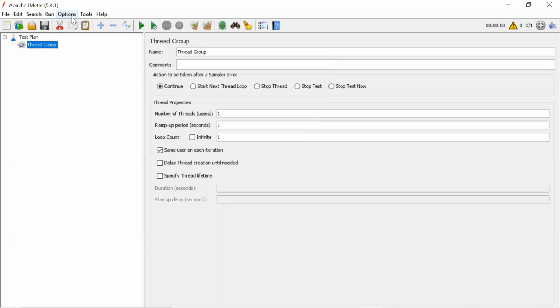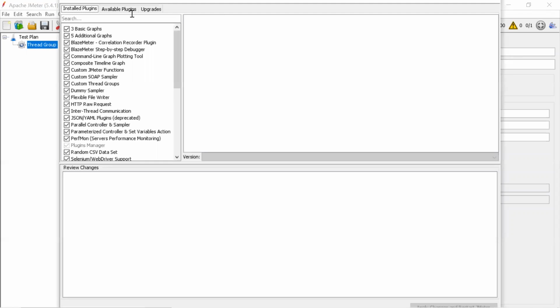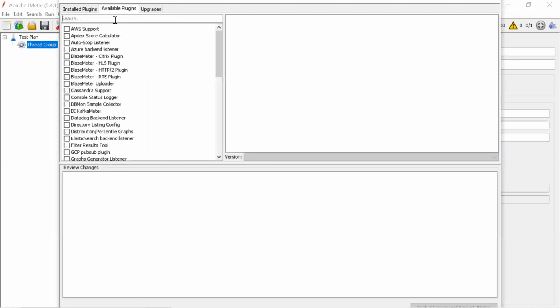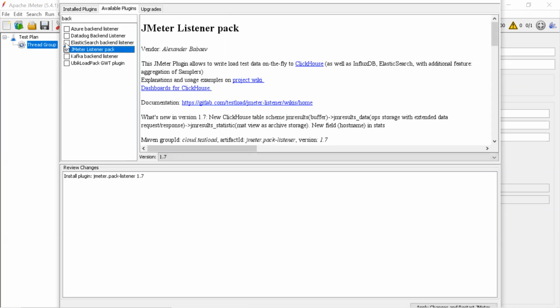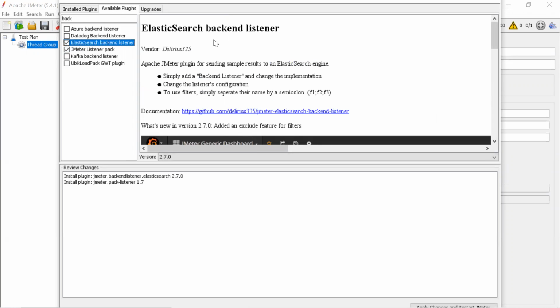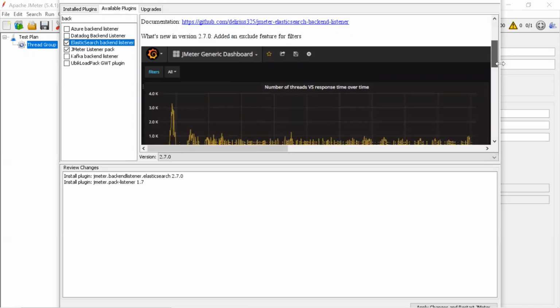Let's go to the plugin. I may not install it. You can see the listener here. You can select Elasticsearch if you want, you can see the document again.